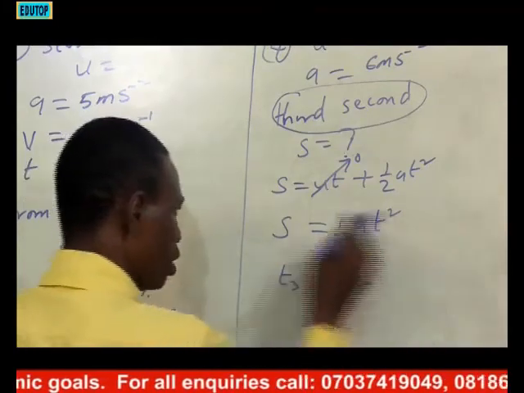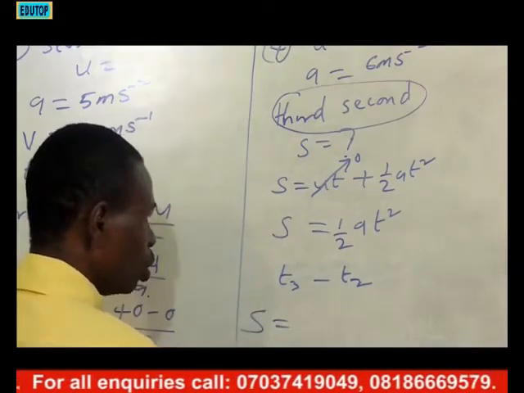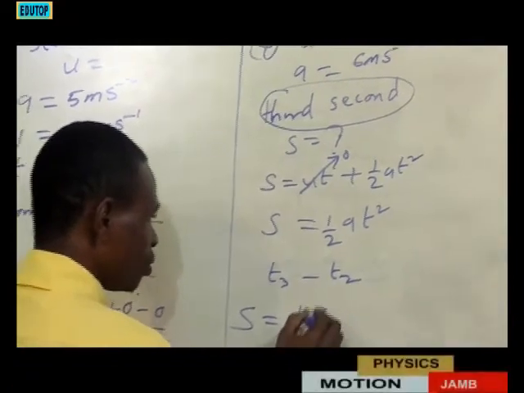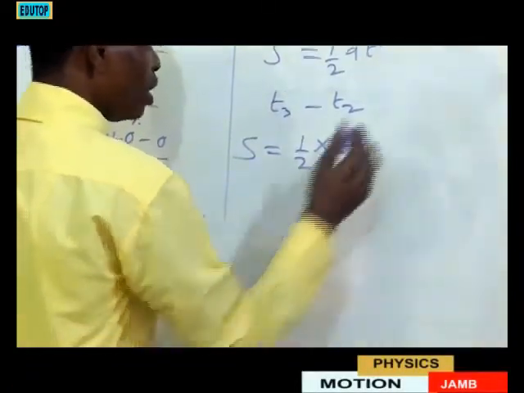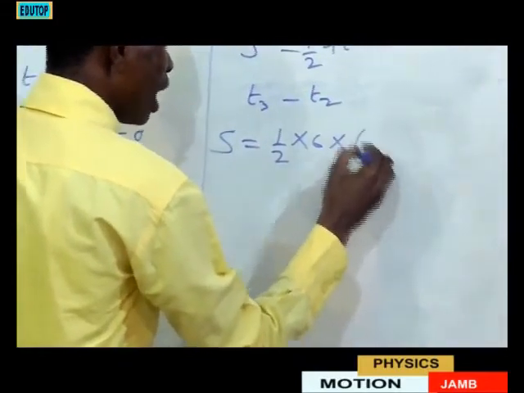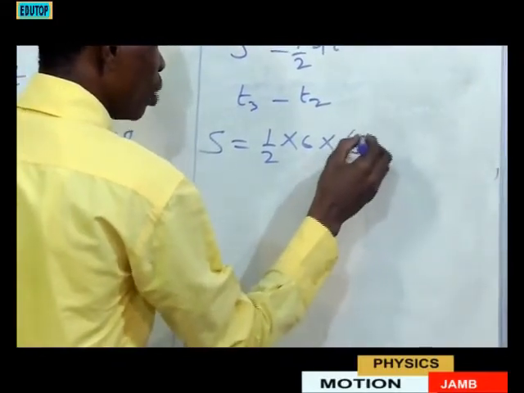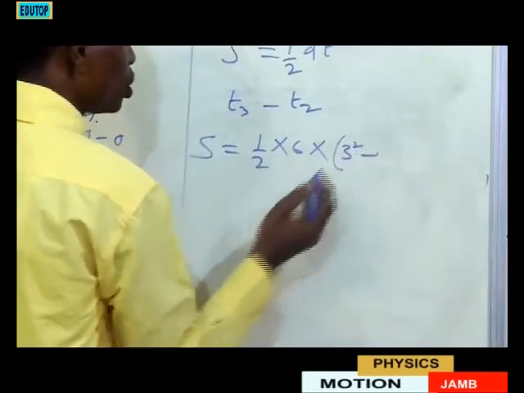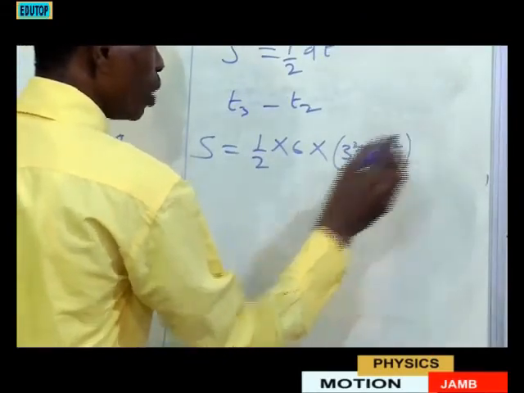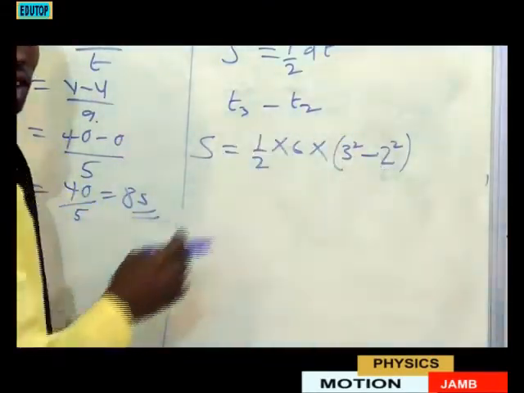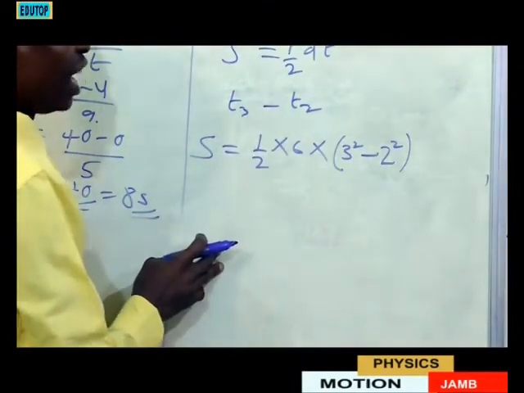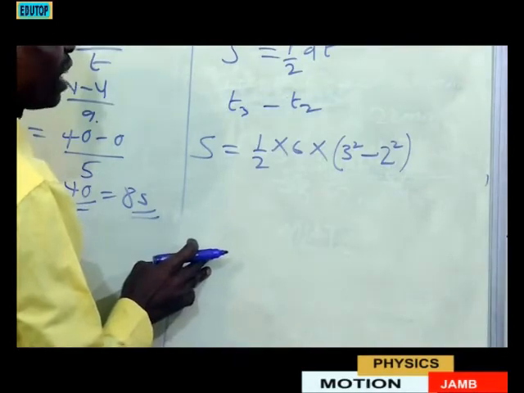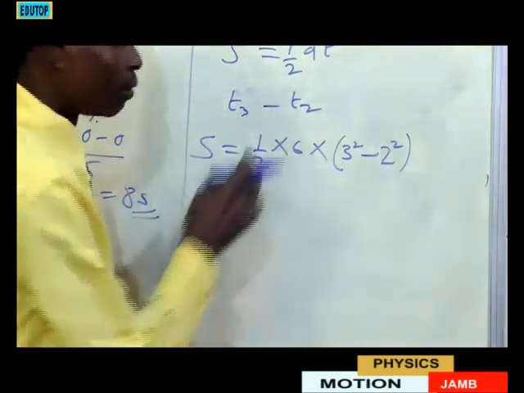How do we do that? See, S is equal to half times 6 times, then other time now, we are going to have 3 squared minus 2 squared. This is the approach. T3 minus T2. If the examiner said 50 seconds, it's going